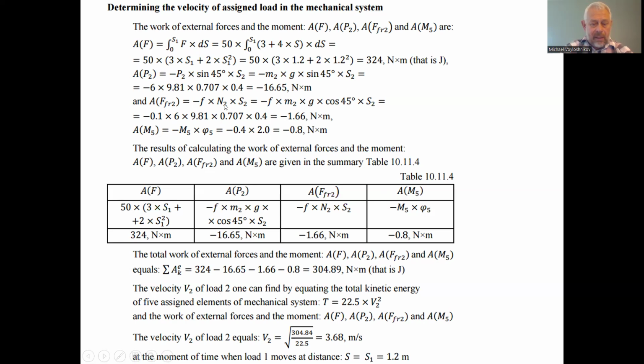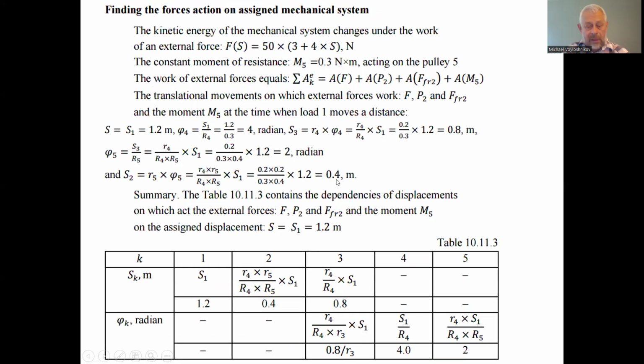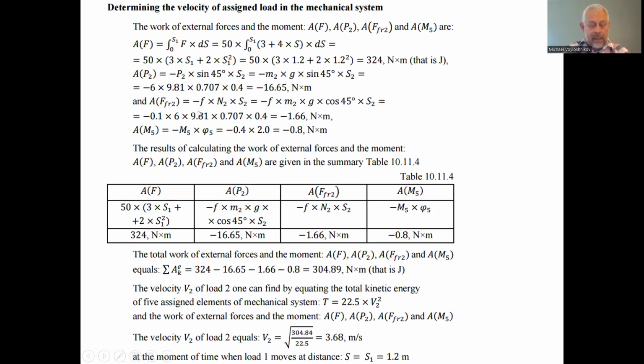When we consider the normal force on the surface on behalf of the second load with the friction factor, this causes the friction force. So after we set all magnitudes here, the mass, the acceleration of gravity, the sine of 45 degrees, and the displacement of the second load we got previously: when the first one moves 1.2 meters, the second moves 0.4 meters. We got it previously, as we got here, 0.4 meters here. And after we substitute everything, we found that it is minus 16.65 newton meters,